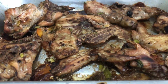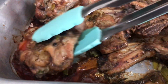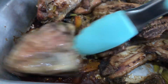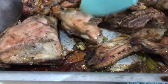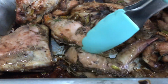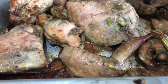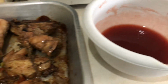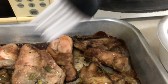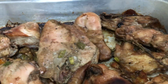I'm going to be using a basting brush to apply the sauce to the chicken, and then I'm going to be using the spoon to finish it up because I wasn't really satisfied with how the brush had applied the sauce. And then I'm going to put the remaining amount of the sauce over the chicken, and then I'm going to be putting it back into the oven to